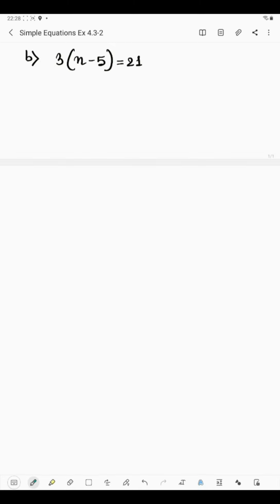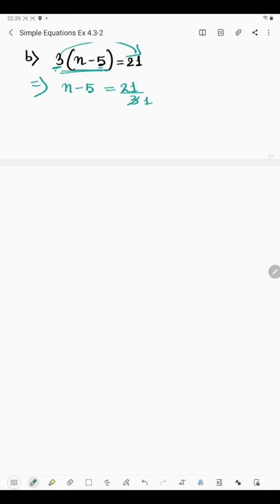Now in the next part we have 3 multiplied by (n minus 5) is equal to 21. So at first we will remove 3 from the variable n, because this 5 is inside the bracket. Okay, and gradually we will transpose the numbers. We cannot transpose all the numbers at a time. So here since 3 is outside of the bracket, at first we will transpose 3. So n minus 5 will remain the same on the left hand side and 21 will remain the same on the right hand side. Since 3 is going to the other side, and 3 is given in multiplication form, after changing the side it will be division.